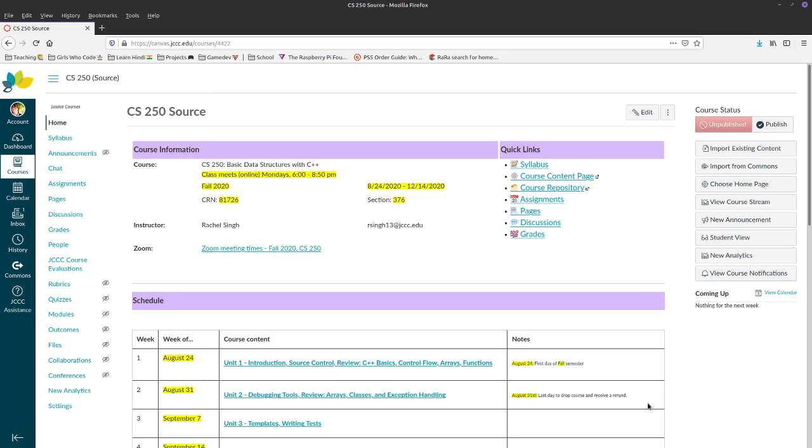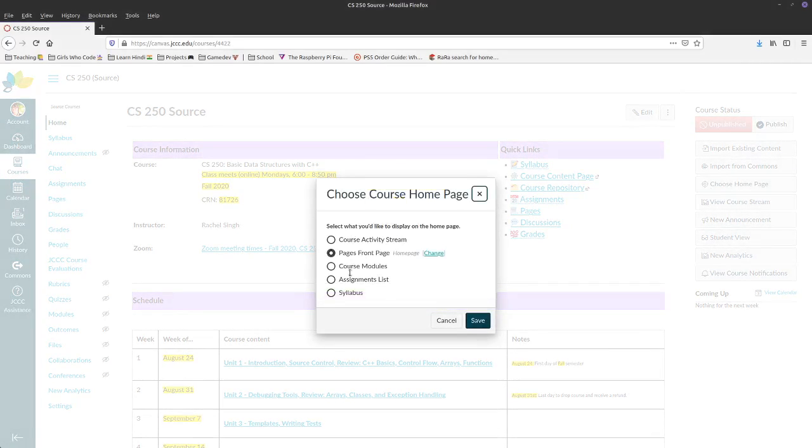So for the home page in Canvas, there are different options. And I don't really have a blank source course to show stuff off with, but I am going to redo a lot of these courses next semester, so I don't mind butchering this one. But when you go over here, there's choose homepage, and you can choose different types. If you have a syllabus, or there's an assignment list, and then that will show these assignments are due soon. You can set up course modules,